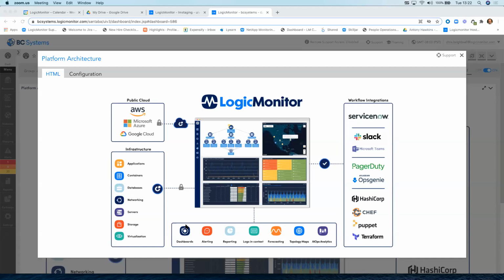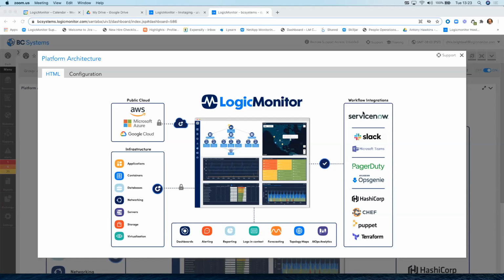There's also the ability to have alerting directly from the platform. So we can send alerts via SMS messages, voice calls, and/or email directly from the platform. But we also have an open API. It's a REST-based API that will enable us to integrate to your current technologies that you use, whether it is